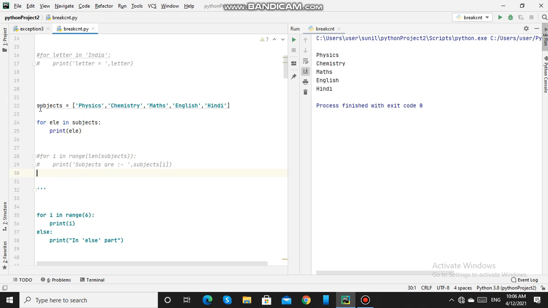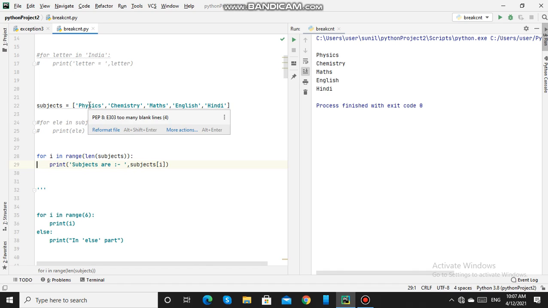Now we will see another example. Here we are using this length function: for i in range length subjects. So length subjects means it will take the length of this list. So the length of the list is the number of items in the list. That means there are 5 elements in this list. So length subjects will be 5.